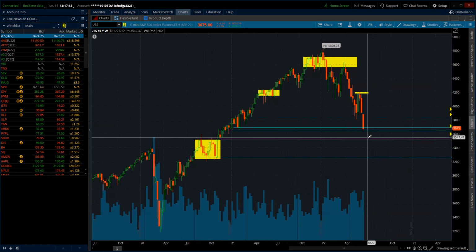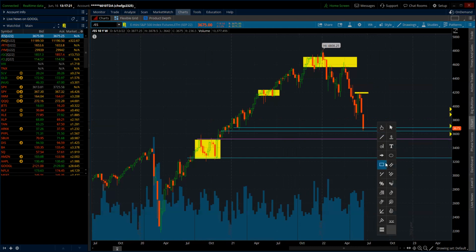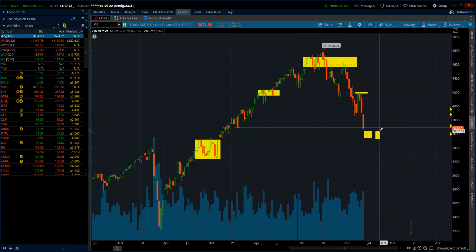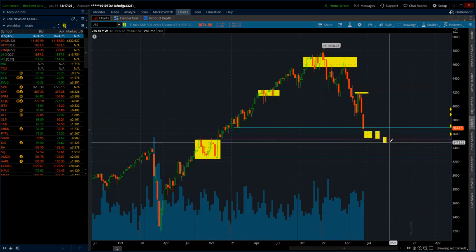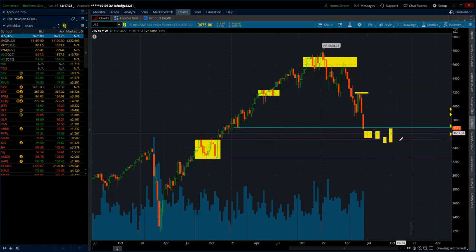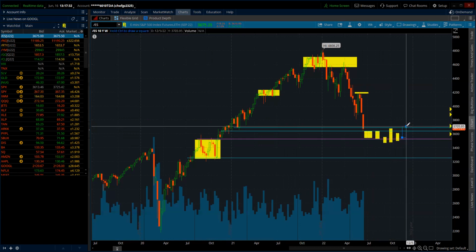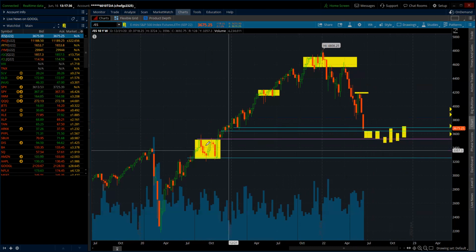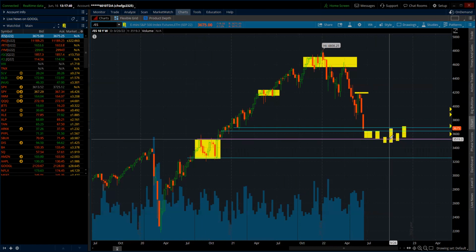So this is the next piece I'm giving you guys, so you know where there may be a potential rounding bottom. It may not look like a rounding bottom, but it's definitely going to have a slowdown. So you won't see the candles too aggressive. You'll probably see something come back inside and then maybe do this and do that and show some type of bullishness. But this is what you want to see. We want to see these levels hold, and a lot of people are expecting it to drop some more.